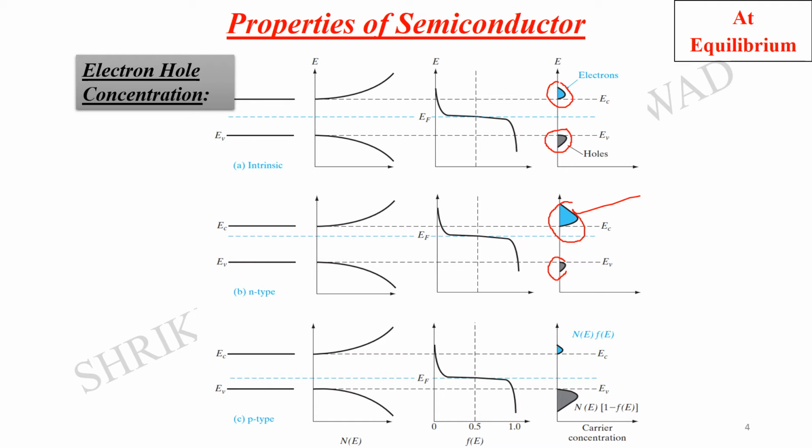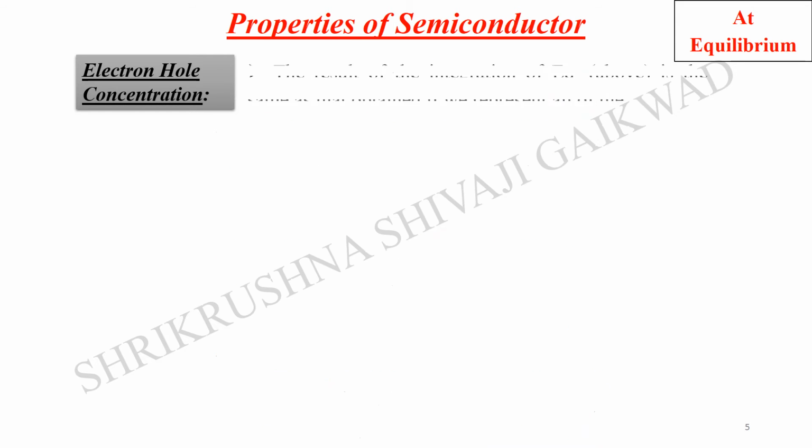More electrons are there, and vice versa in case of the p type material. The size of the carriers in the p type material: here you can see the number of holes is more, and the number of electrons in the conduction band is lesser. Okay, and it is doped with trivalent impurities, so the Fermi level has been shifted towards the valence band because fewer electrons are there.